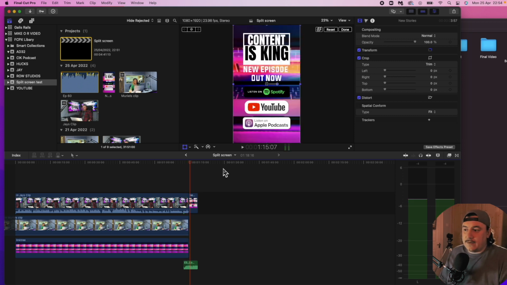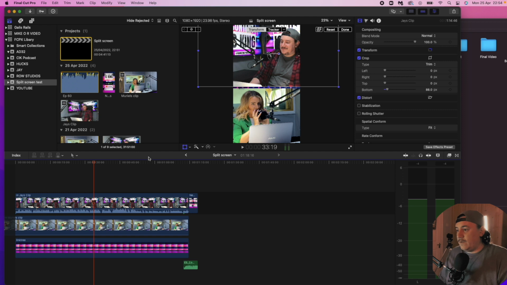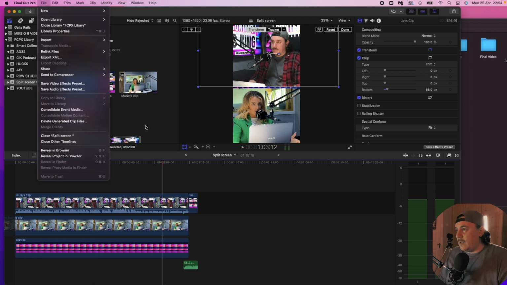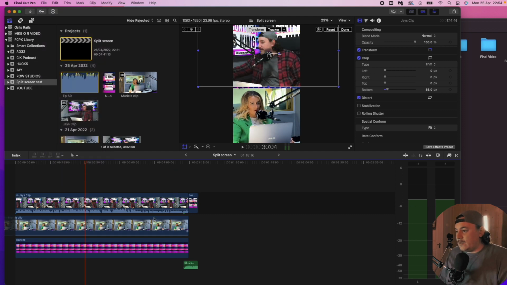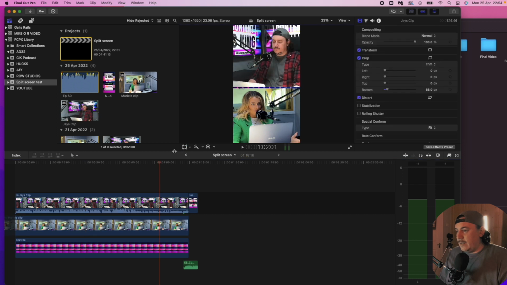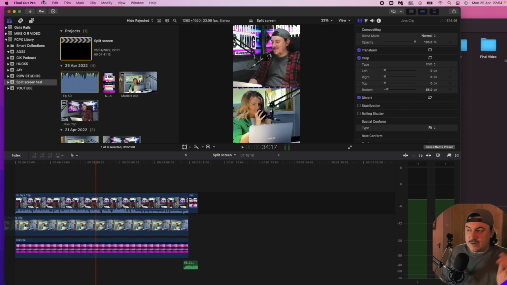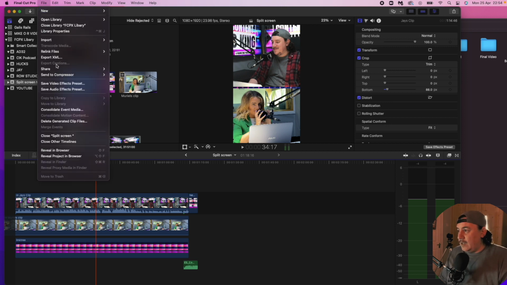Okay, so I'm happy with that. Let's export it. Right, so I'm happy with this. I want to export it. I highlight it all, so I'll make sure my clip isn't just highlighted. So I want to highlight all of them, turn that off, turn off the transform button. I go up to file. I always click the timeline just to make sure everything's highlighted. Otherwise, you could just click file that renders out by accident. So file, share, export file,